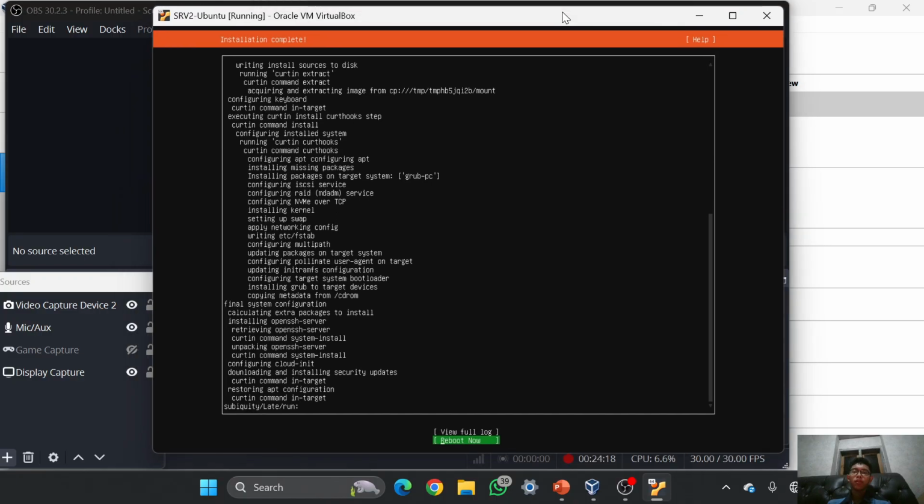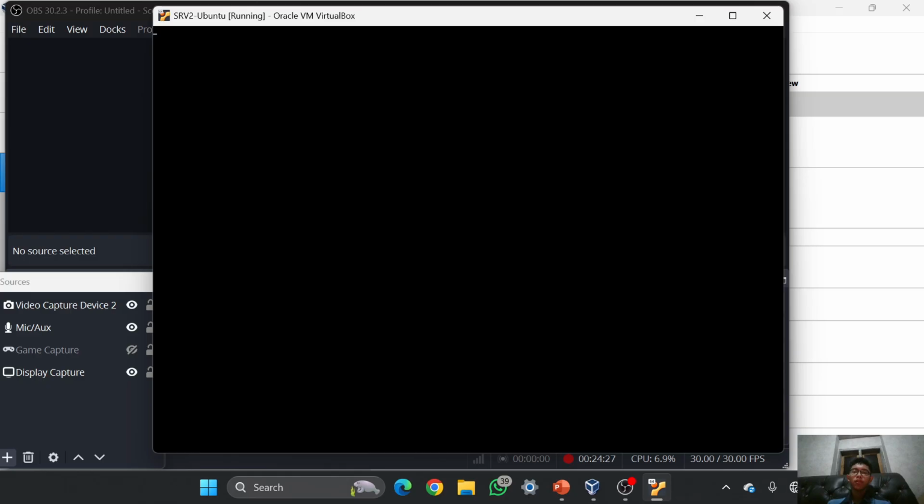As you can see in here, it has shown up. I will click reboot now using enter, and right now the Ubuntu server will be rebooting, and we can wait for it again. I think it will take maybe 2 until 5 minutes, and I will just speed it up.